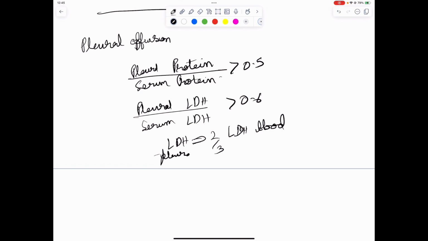Just arrange it in this order and then you will recall Light's criteria. If the value is more than whatever is written here, then it is exudative,